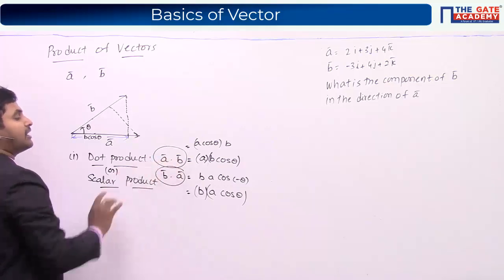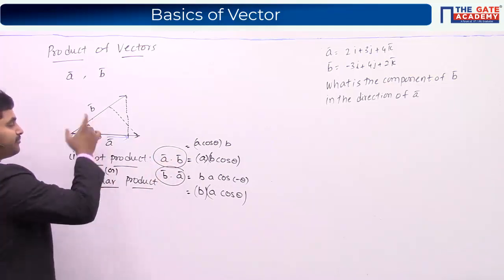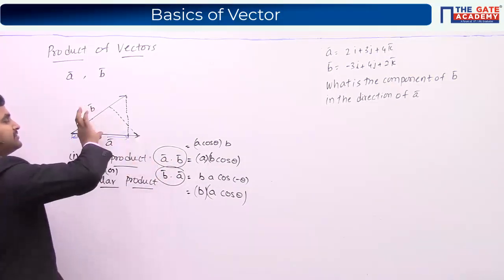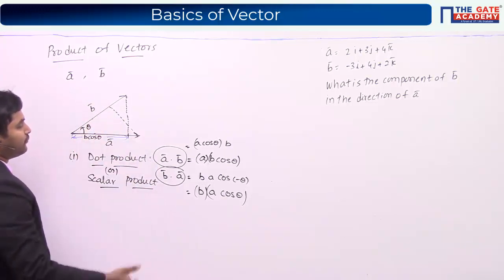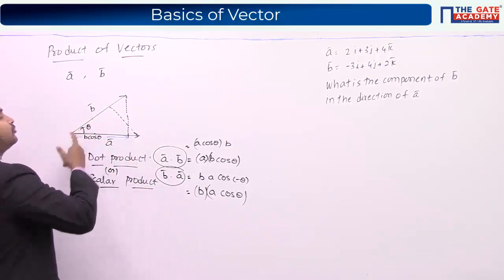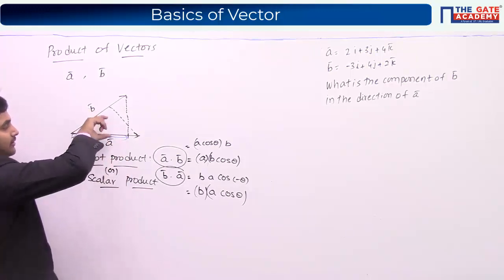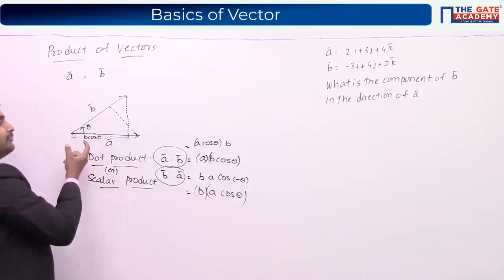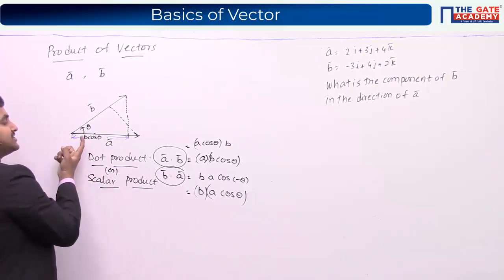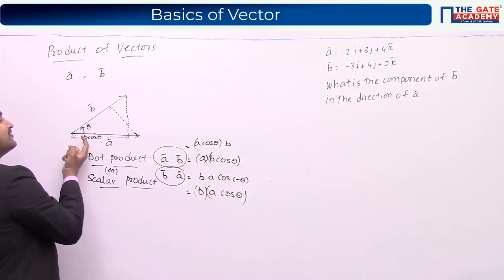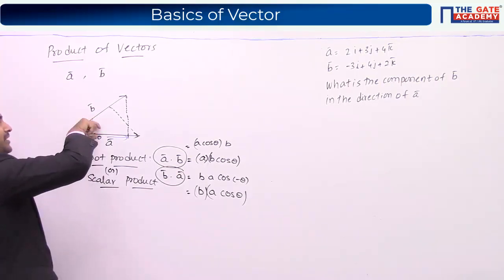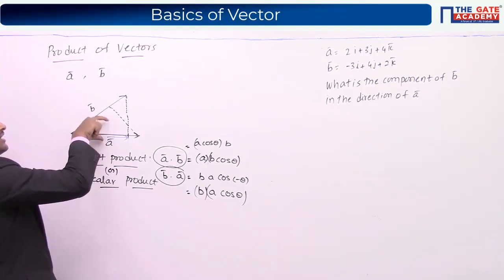A bar dot B bar means we are moving from A to B. Similarly, B bar dot A bar means we are moving from B to A. So if you make an angle of theta when moving from A to B, and you go in the opposite direction, you make the opposite angle. Here I have considered that we are moving in the counterclockwise direction. So we always consider an angle moving in the counterclockwise direction. Here it is theta. When you come in the opposite direction, it is going to be minus theta, isn't it?